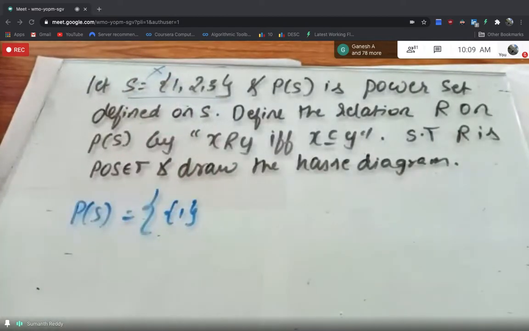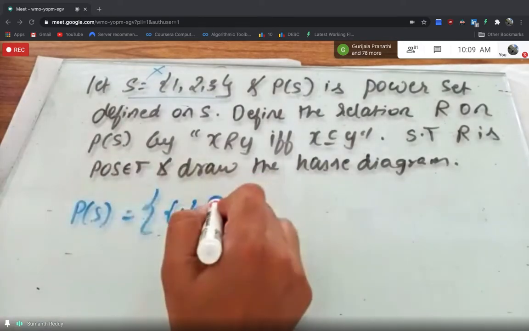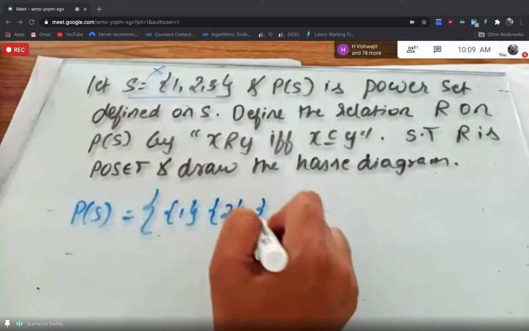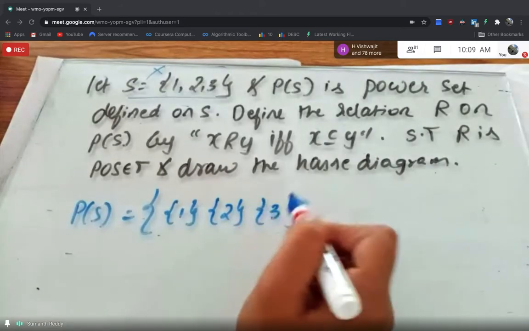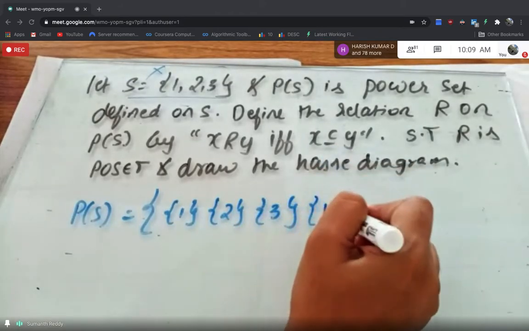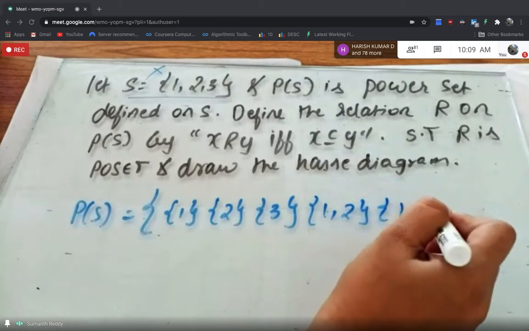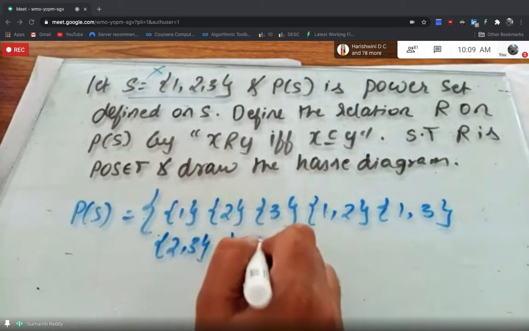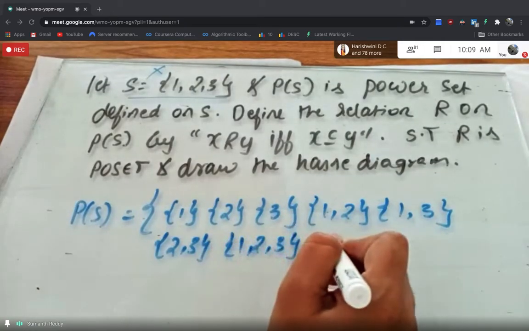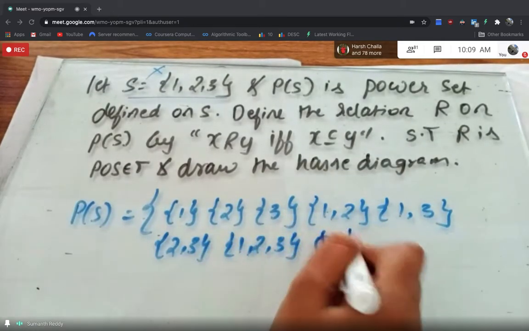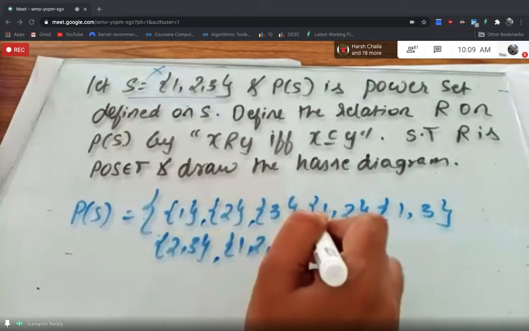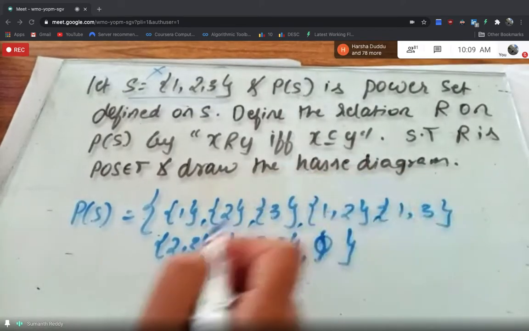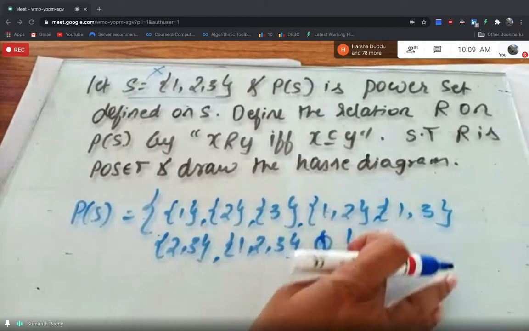You know what is the meaning of a subset, right? The elements that are there in the subset must be present in the main set also. So based on this, I can include even {2}. I can include a subset which contains only {3}. I can include subsets {1, 2}, {1, 3}, {2, 3}, and a subset which contains all 3 numbers {1, 2, 3}, and a subset which does not contain anything, that is null. So totally there are 8 possible subsets.